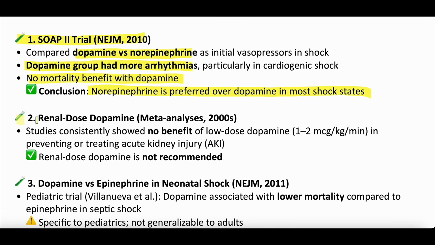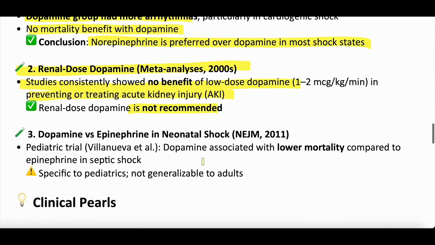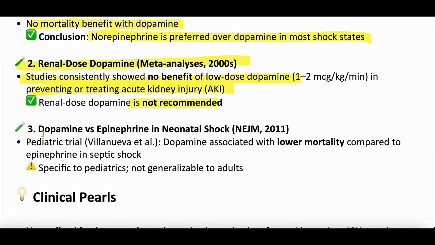The renally dosed dopamine, there's a meta-analysis in the 2000s that showed no benefit of low-dose dopamine in preventing acute kidney injury. That's why it's not recommended anymore. There's a dopamine versus epinephrine in neonatal shock trial published in the New England Journal of Medicine in 2011. Dopamine was associated with lower mortality compared to epinephrine in septic shock, but this is specific to pediatrics and